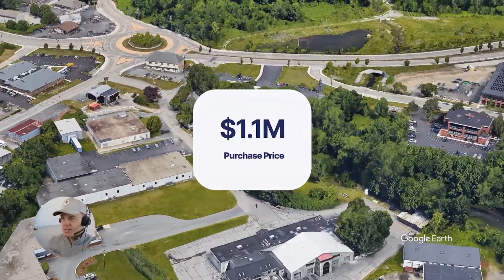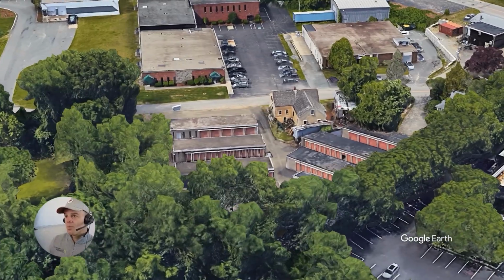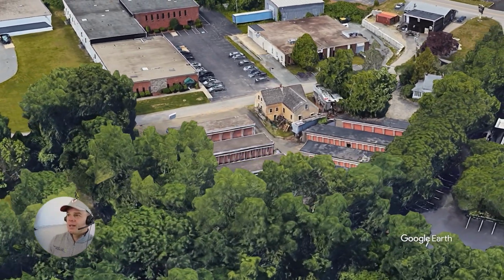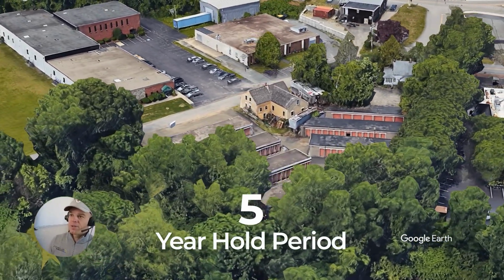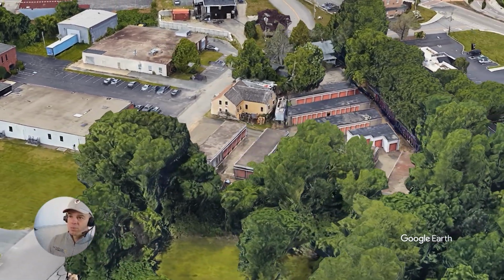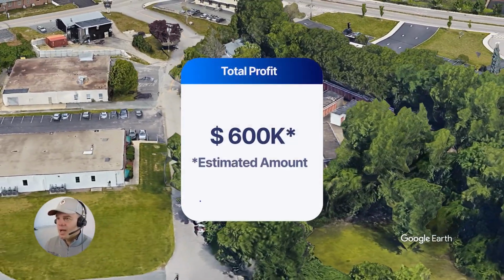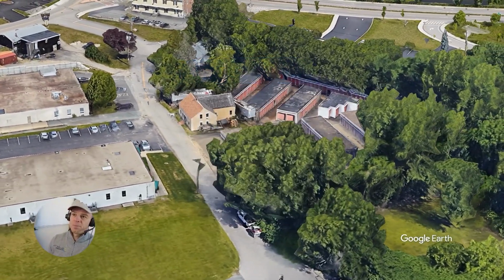Our total cost basis is almost $1.5 million. Got a lot of improvements to do on this asset. I'll pull them up here on the second half of the video. We'll look at the physical assets and in turn add value over 5 years. We're projecting to sell the facility for $2.2 million. So large profit on this, where we would be generating, well, $600,000 or so in profit, but we get great